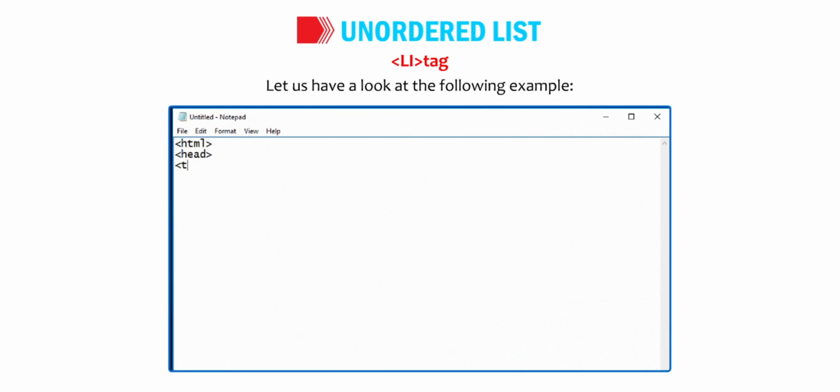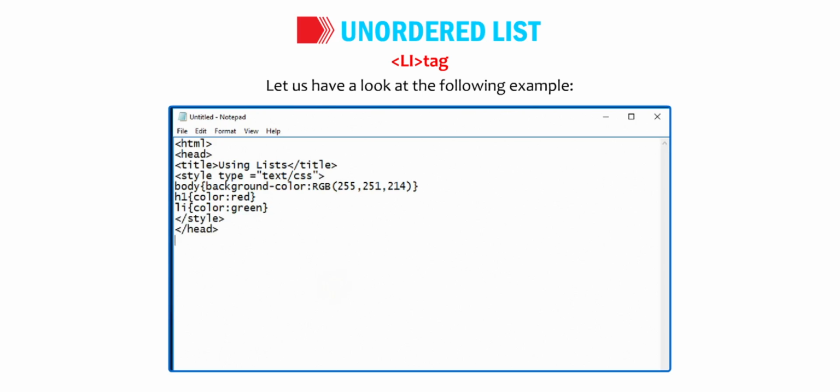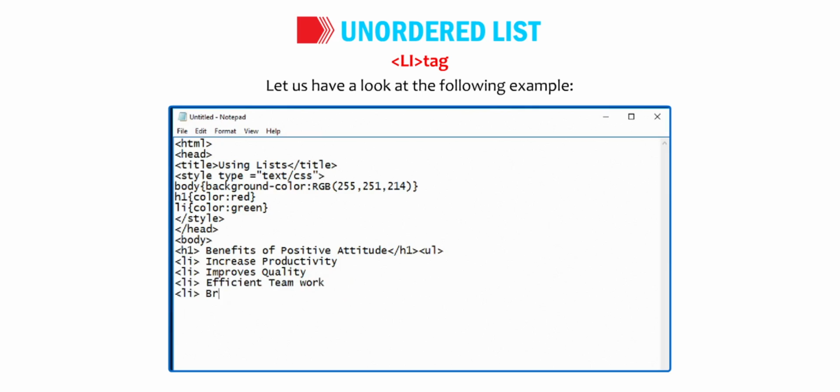<html><head><title>Using list</title><style type="text/css"> body {background-color: rgb(255, 251, 214);} h1 {color: red;} li {color: green;} </style></head><body><h1>Benefits of positive attitude</h1><ul><li>Increases productivity</li><li>Improves quality</li><li>Efficient teamwork</li><li>Breeds loyalty</li></ul></body></html>